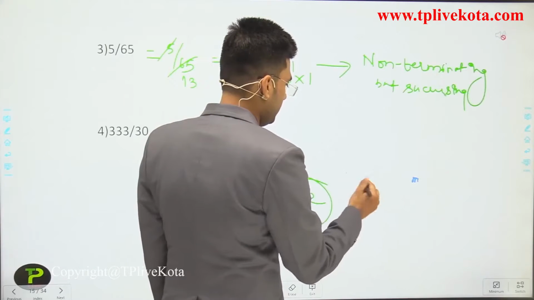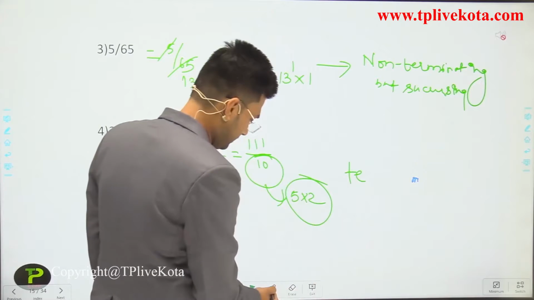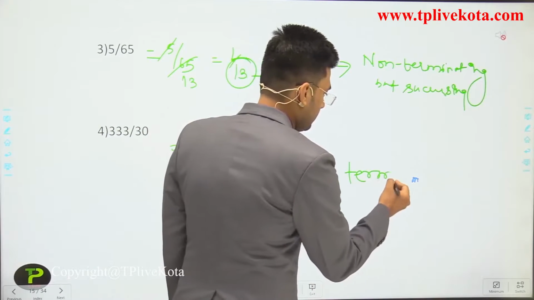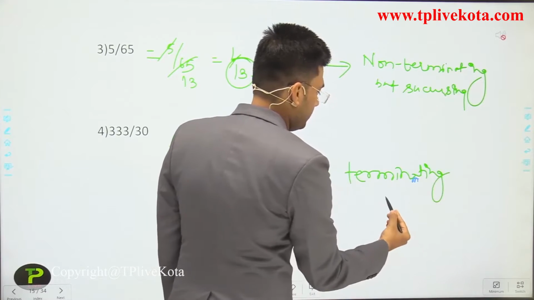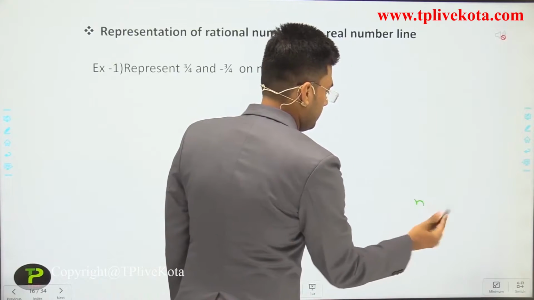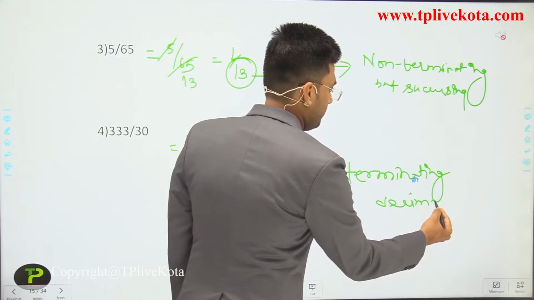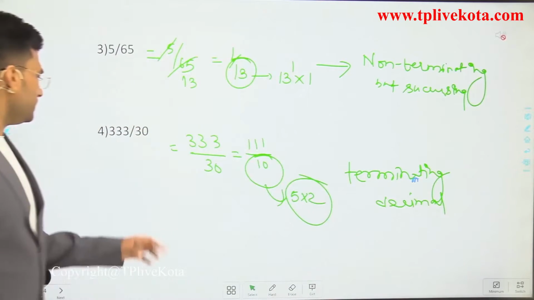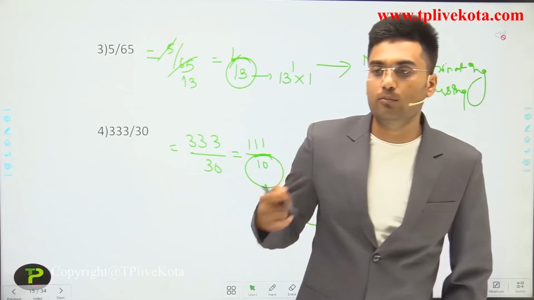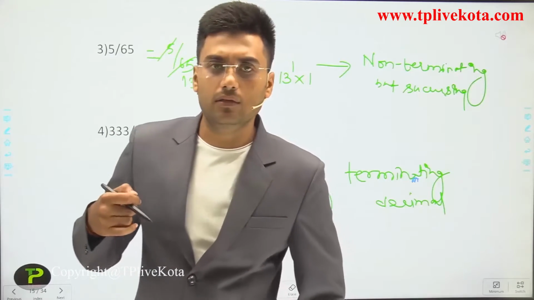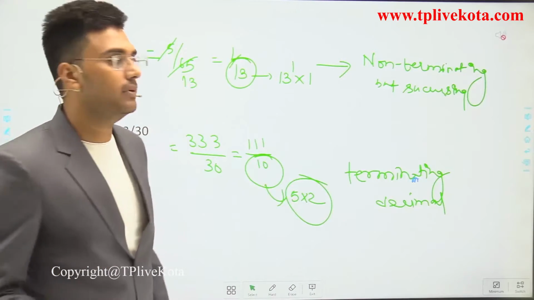So it is terminating decimal. Okay. So in these 4 examples we check the form of decimal by not dividing the complete number, just checking